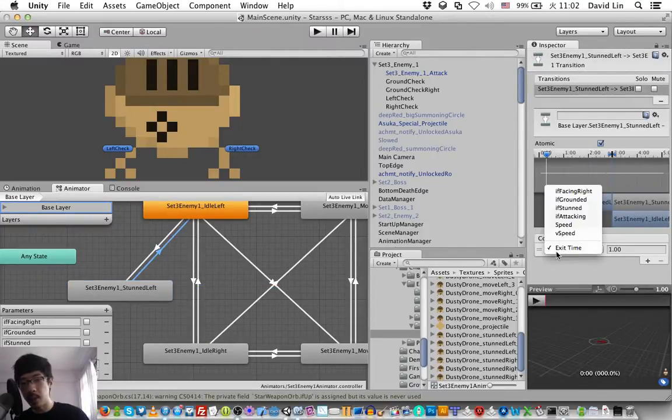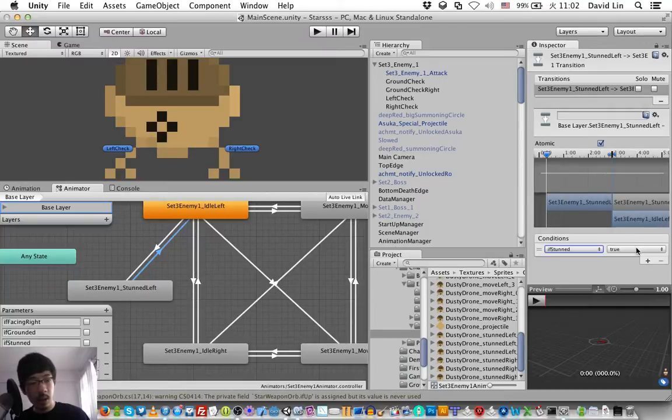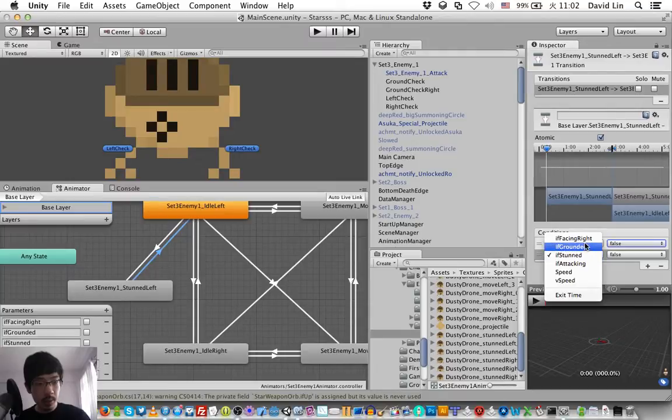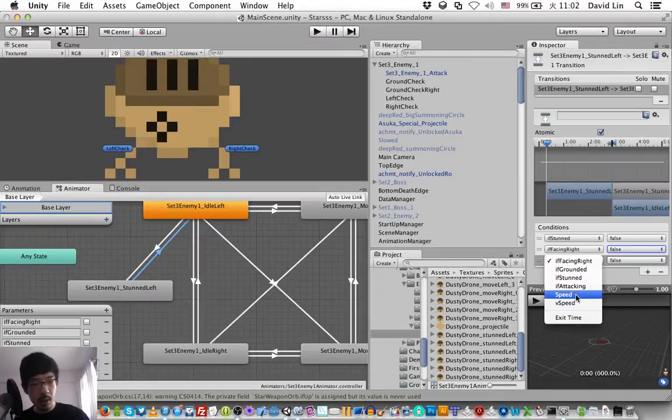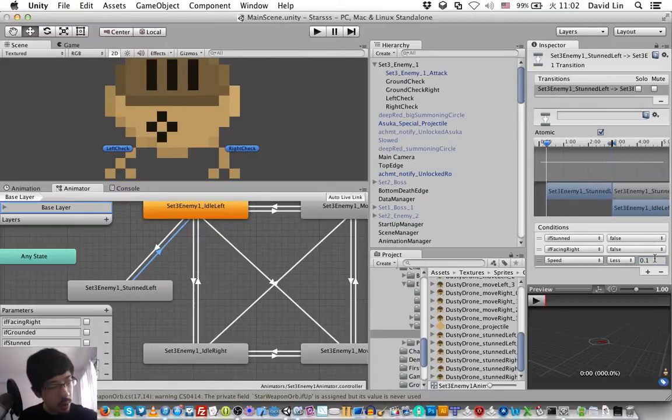And you will recover from getting stunned. Force, and if your speed is less than 0.1,